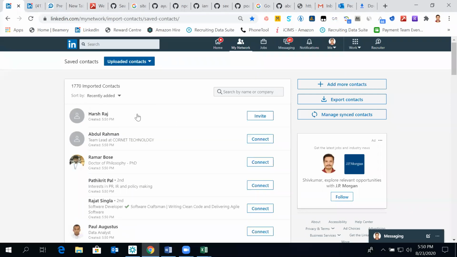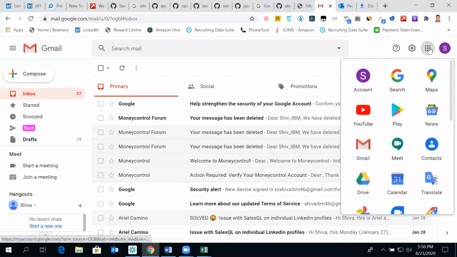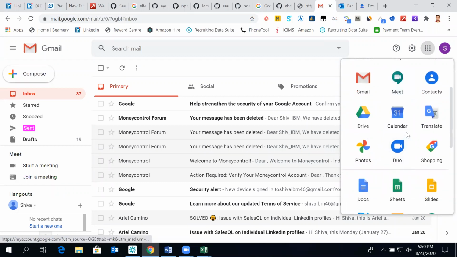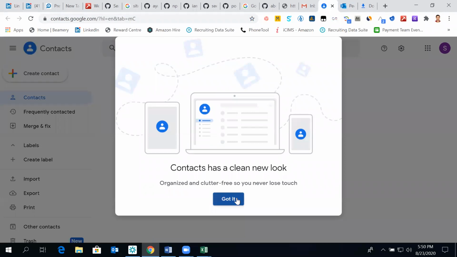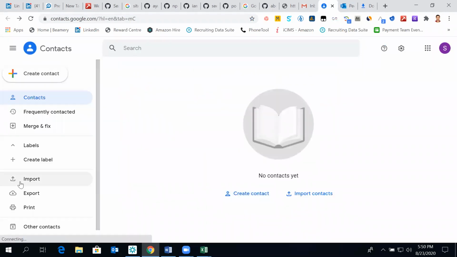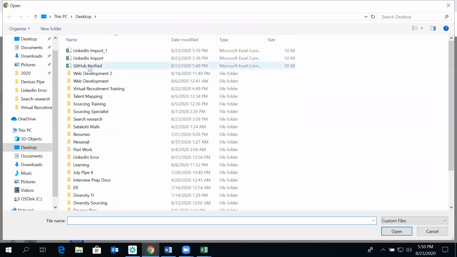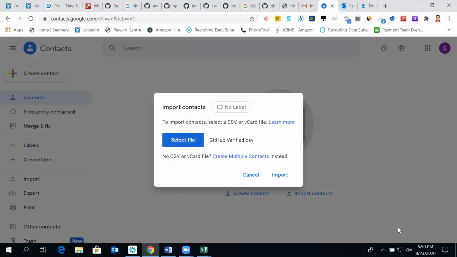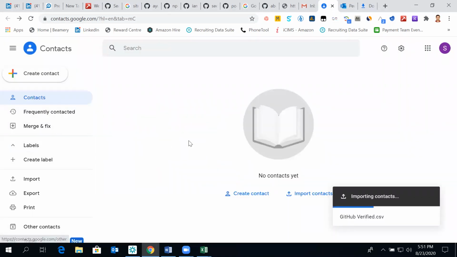Otherwise, this data you can add again. Another way to do that is that we have imported in our Gmail.